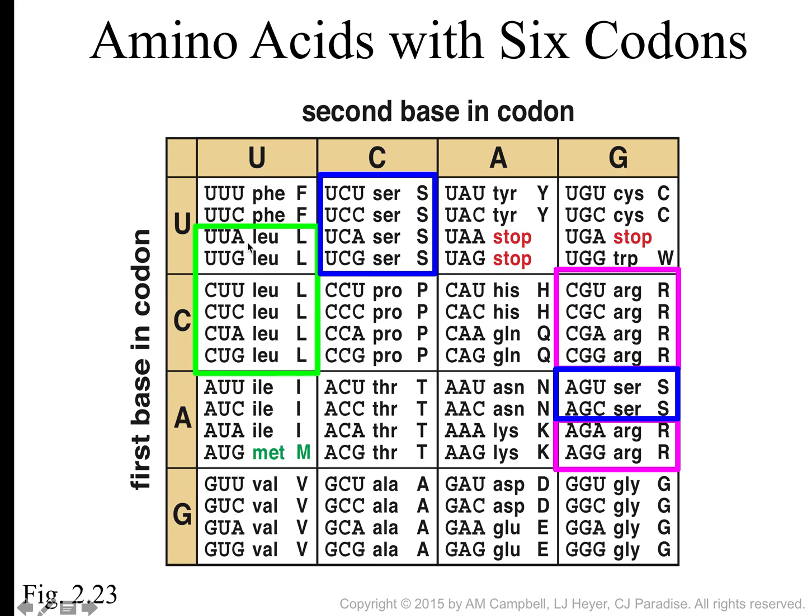Usually the third position is the most variable. Sometimes that's written as like a U or a C, and then a U, and then N, meaning any of the nucleotides will do for the third position. Sometimes this is called the wobble position. So later on when we talk about mutations, it depends on where the mutation happens. It's going to typically be least damaging if it's in the third position, because it doesn't really matter. You'll still get a leucine out of it. And it tends to be most damaging